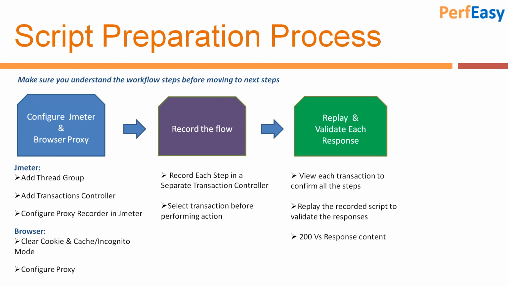So we have to go and see the response content, and only then can we say that yes, the request is passing or the request is failing. This tip is very important at this stage as well as when we do the customization. It helps us make sure that we are doing the customization in the proper request, and that the proper responses are coming as a result of our customization. Make sure not to rely on the status code 200 or 300. Check the response content of each and every response before we say that my script is correct or my script is replaying correctly.